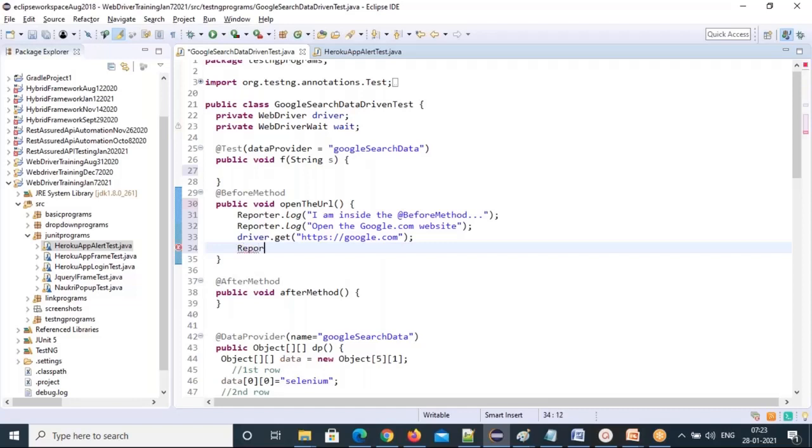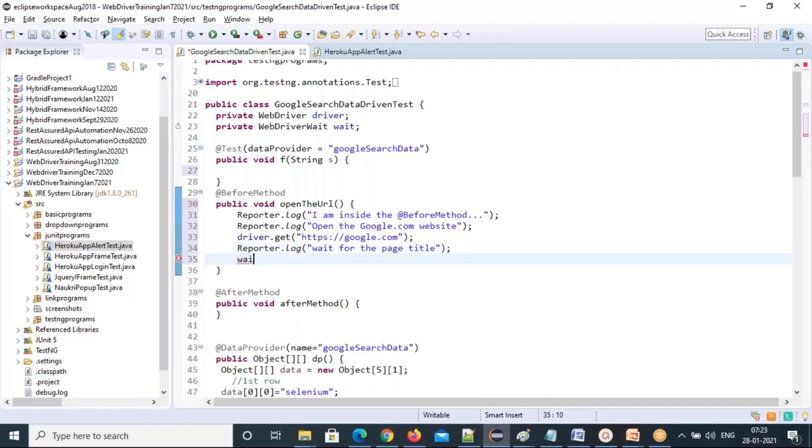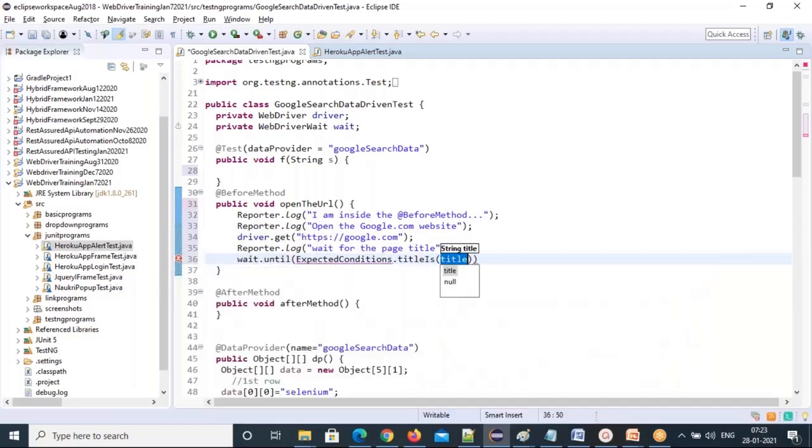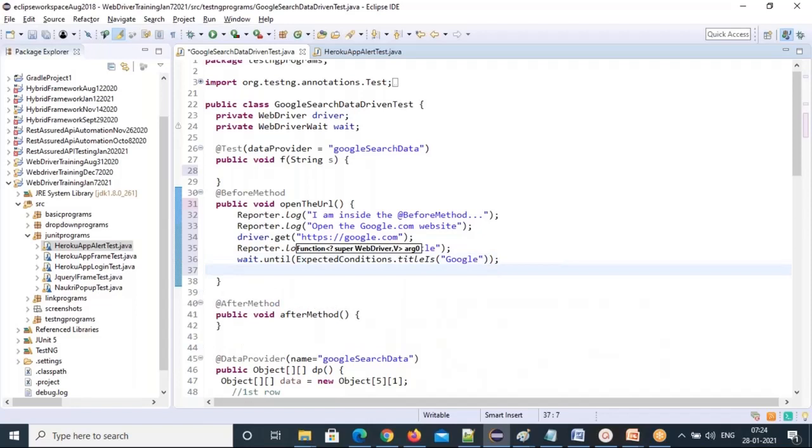So Reporter.log, wait for the page title. How can you wait? wait.until. We are very familiar with this statement, right? Every class we are using this. titleIs. What is titleIs? That is Google. That's the title. We have seen that many times.